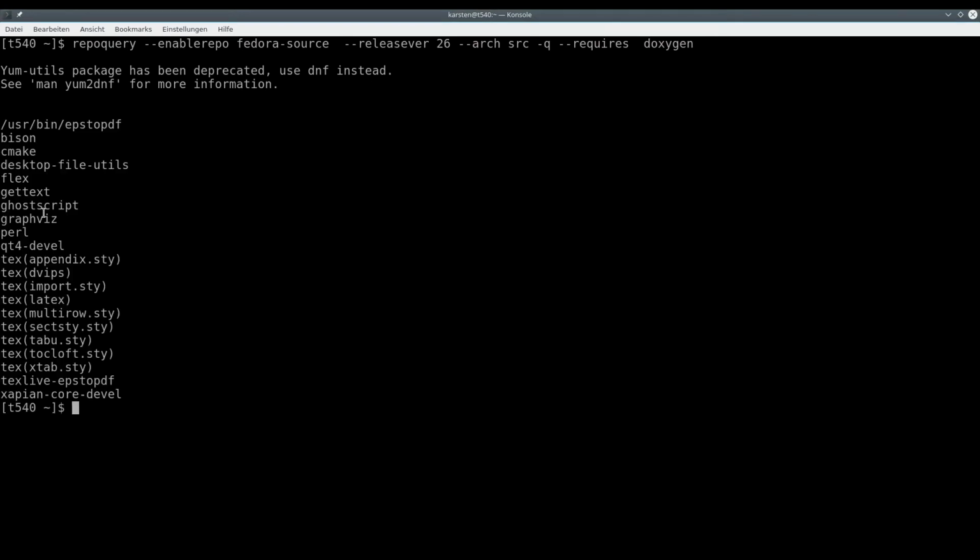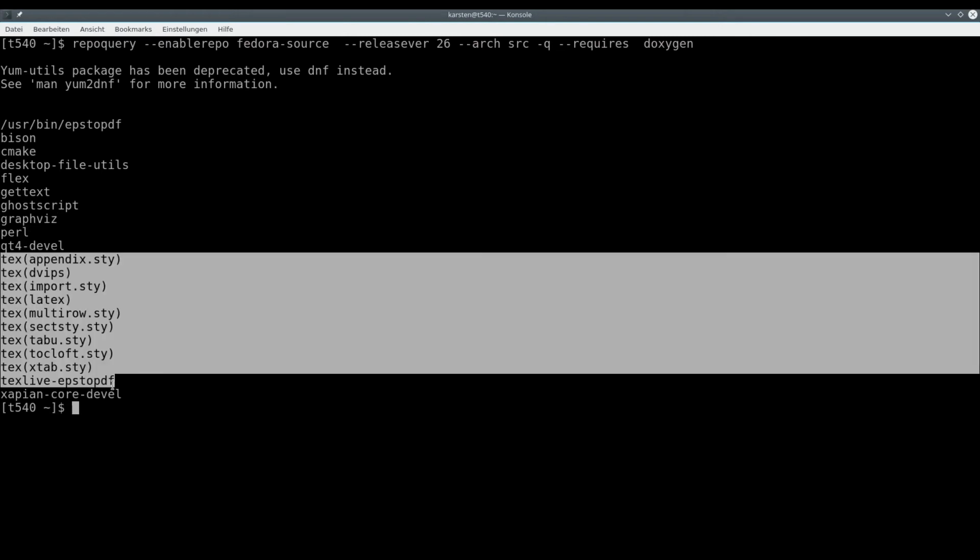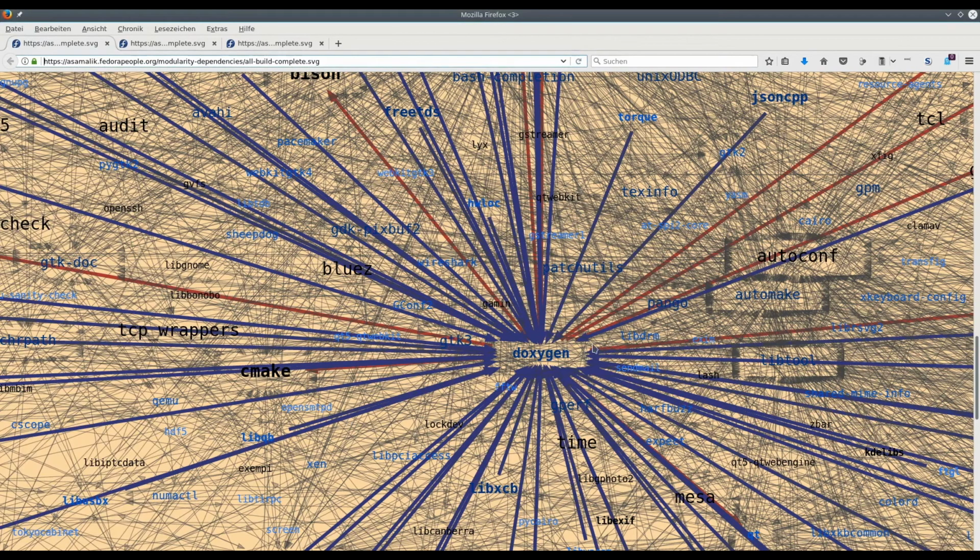And for instance, it depends on GraphViz and TeX Live to build, which both bring their own huge dependency chains. So we built Doxygen without these, with of course reduced functionality, because otherwise we'd have all these. You can see the red arrows. They go to requirements for building,